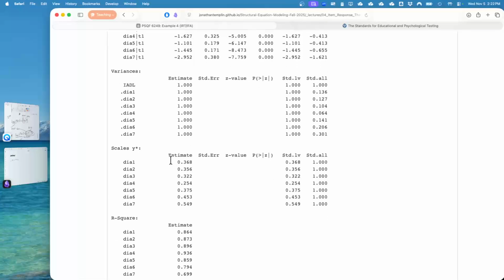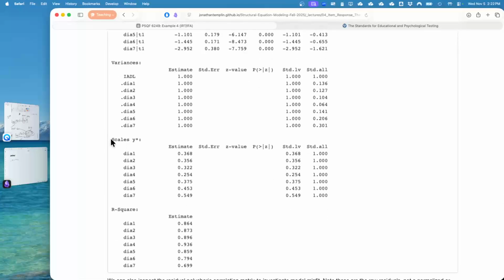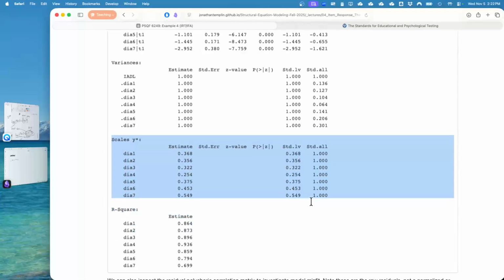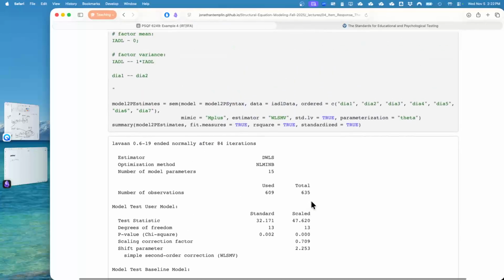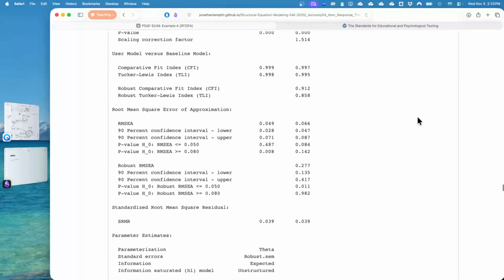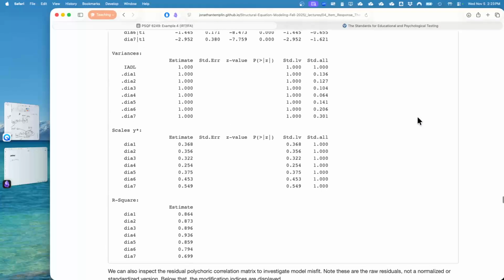All right. Then we get into a few other things. Scales are weird. These are things that have to happen in a limited information case. We don't put a lot of weight into them. So long as you, when you estimate this, there are 2 options of estimating this. If you estimate the parameterization equals theta, leave it like that. If you find yourself in a case where you don't need that, come talk to me. Email me, hunt me down, you'll know where to find me on YouTube.